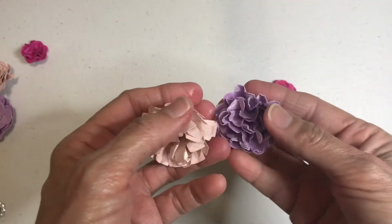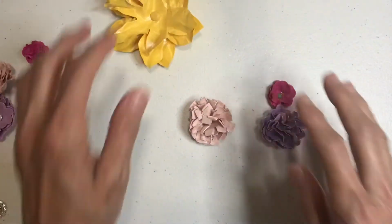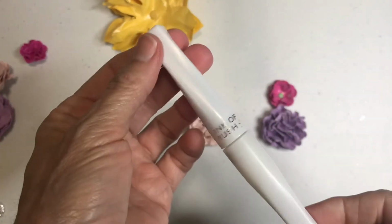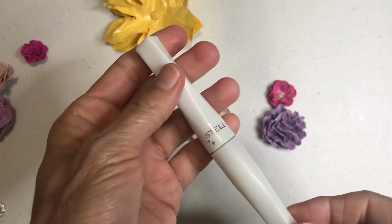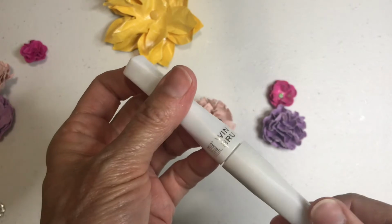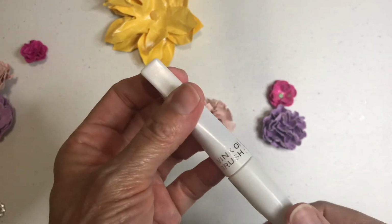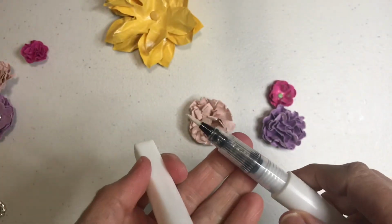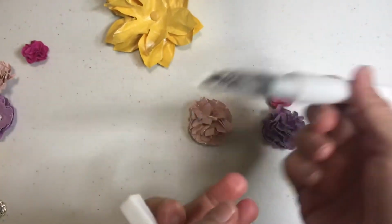So for the ones that I had already made, you can see that there's a little bit of shine to them. I'm gonna give you a little secret. I bought a pen. It's called Wink of Stella. And I found out about this pen when somebody was asking for a glitter pen, and they came up with this. I didn't even know that it existed. So it's just a little pen that has a